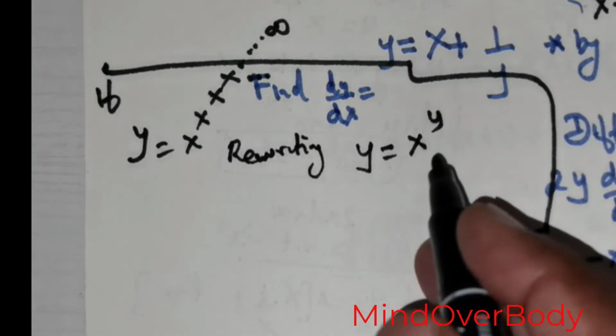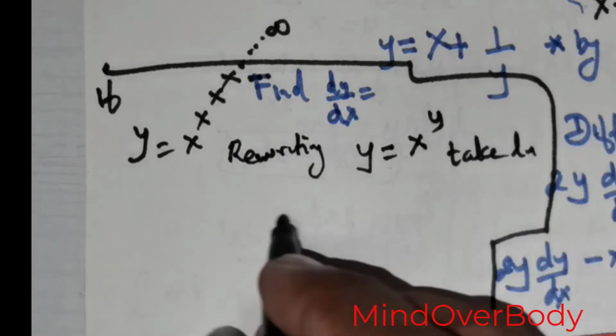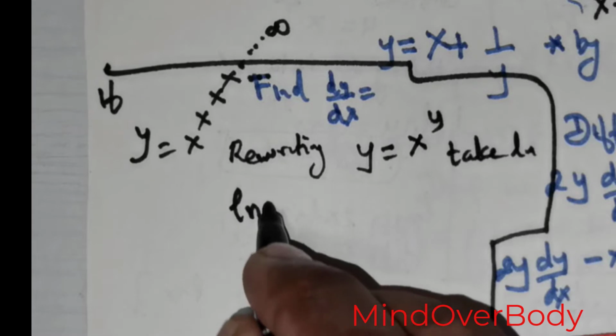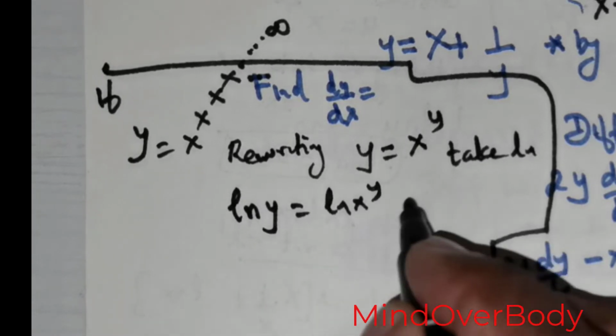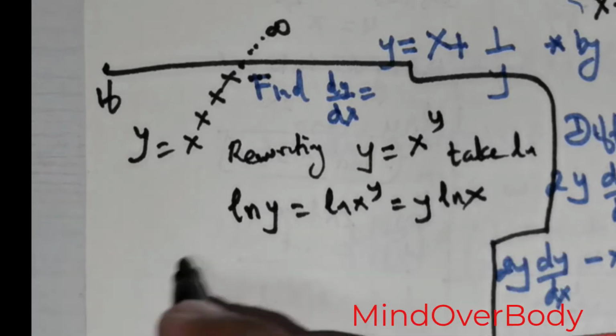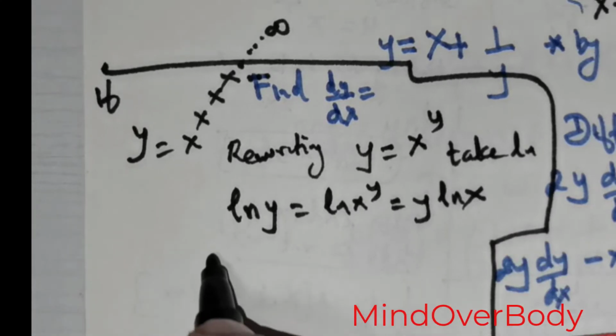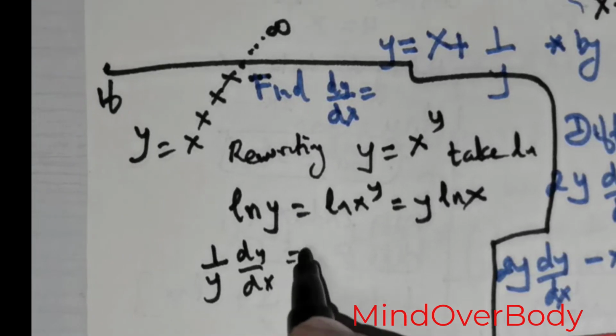Of course, before differentiating we will have to take ln both sides. So this is going to give me ln y is equal to ln of x raised to the power of y. This can be rewritten as y times ln of x. So now I'm going to differentiate with reference to x. So this is going to be 1 over y times dy over dx is equal to y times